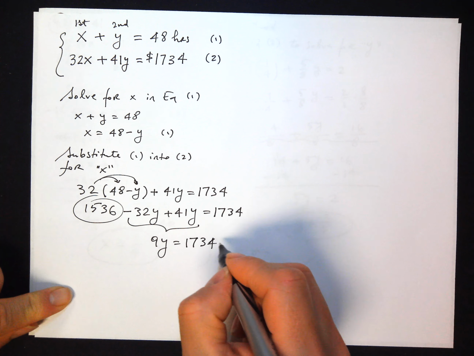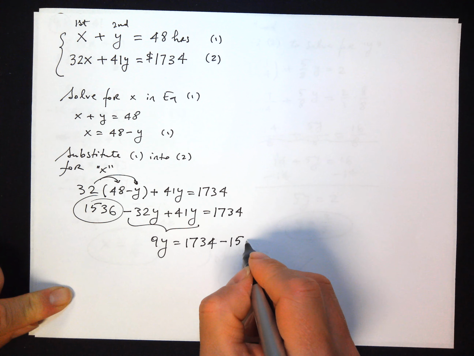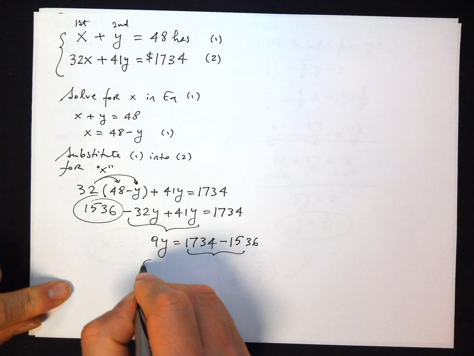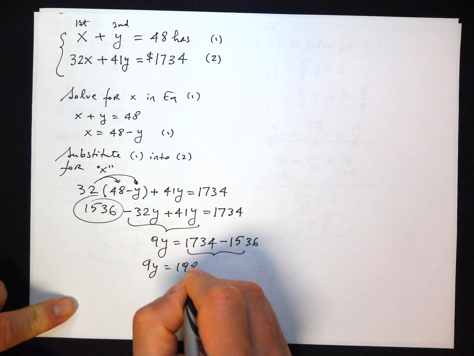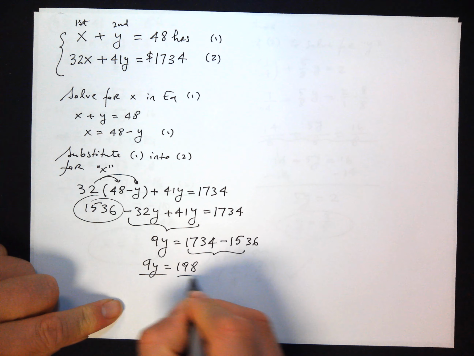This is positive, becomes negative 1,536. So we're going to subtract this. So minus 1,536. Okay. So you get 198. So when you divide by 9, guess what? You get